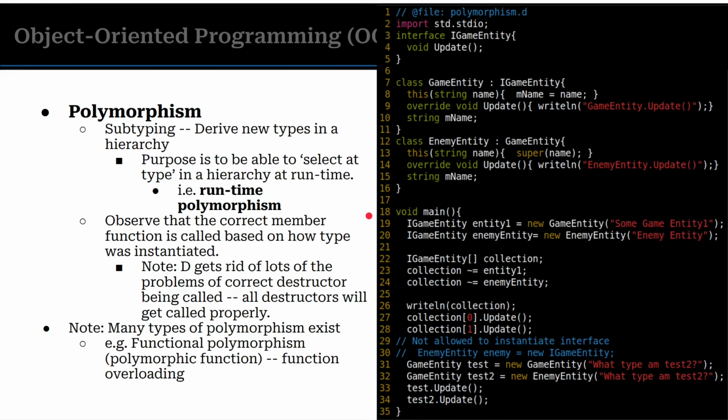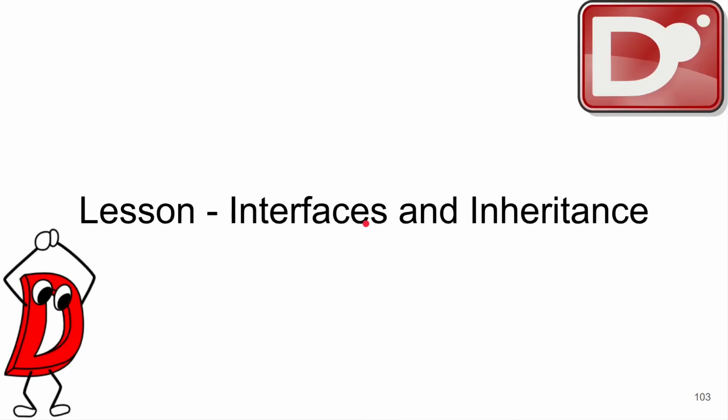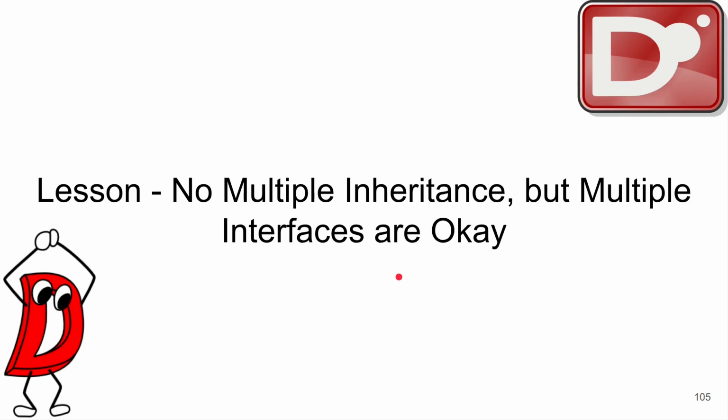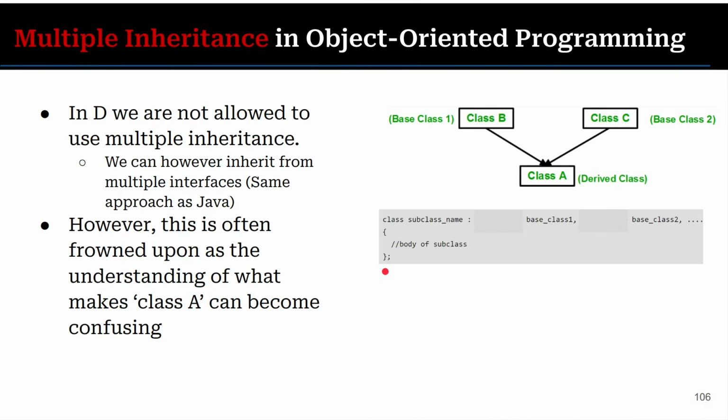So you have a lot of polymorphism, these types of things that you'll learn about. I already talked a little about interfaces here. This is where I'm going to go through warp speed. And D tries to protect you by learning from other languages: no multiple inheritance, because this causes problems of ambiguity, code complexity, and so on. You're not really missing out on any feature.